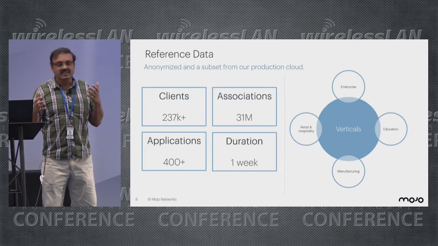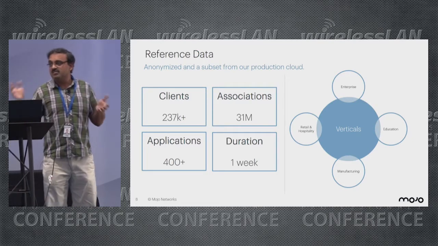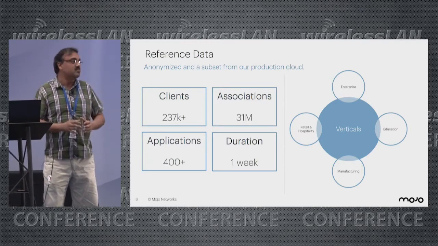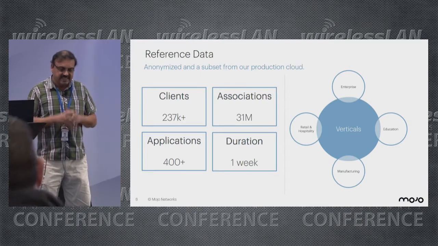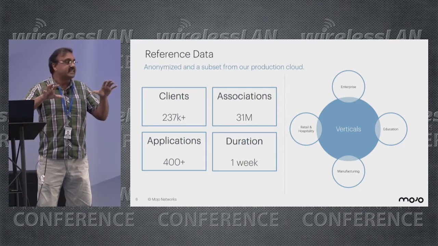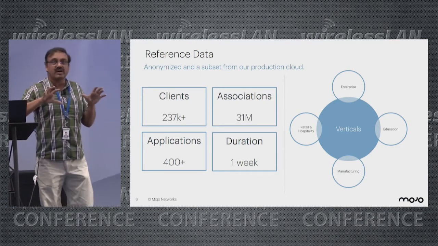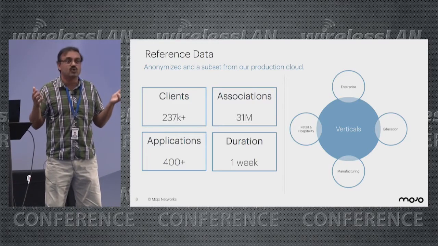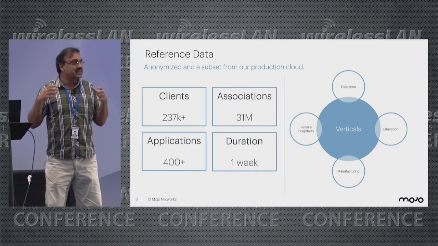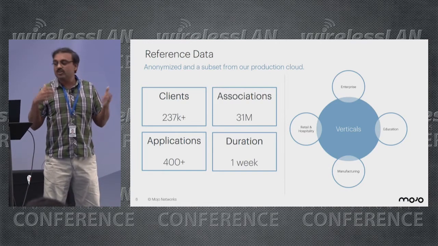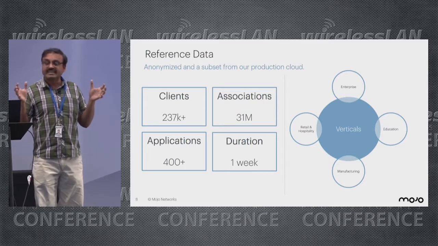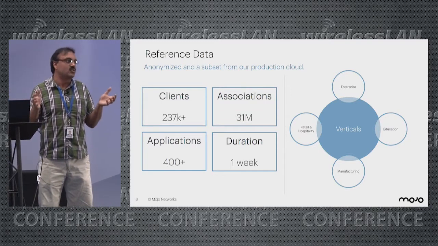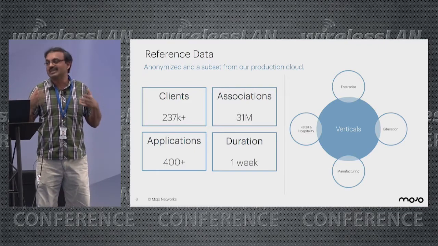One is the enterprise vertical, then the education vertical, the manufacturing and automobile sector, and also retail and hospitality. The important point to note here is that one of the perceptions in the industry is that cloud is only applicable or relevant in the retail and hospitality industry, maybe in retail where there is not too much load. But we have cloud deployments across all verticals, including enterprise and education. And we definitely believe that cloud architecture works across all verticals, and we don't need to restrict it only to certain specific verticals.